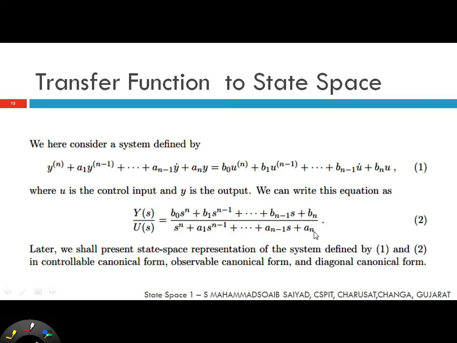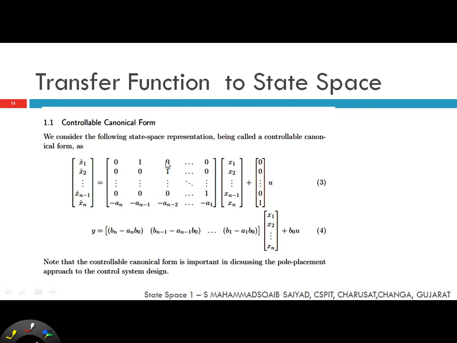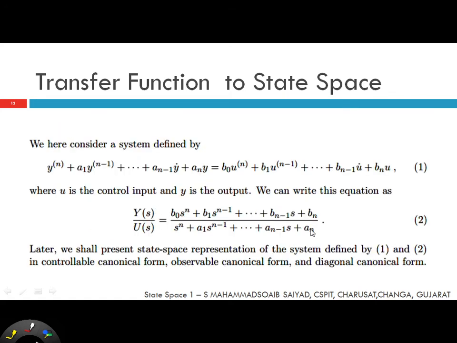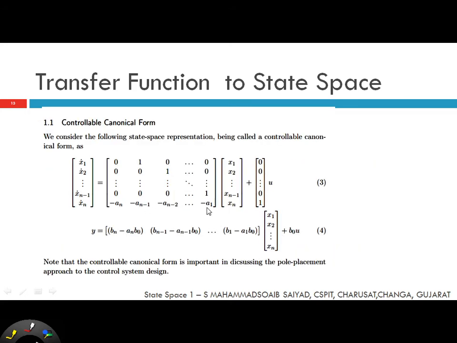Okay, so whatever you are getting in the determinant, you have to put it over here. Determine coefficient, you have to put over here. Okay, and then this one, x1 x2, and this B matrix will have only one quantity, that is the last one is a 1. And the Y quantity will be Bn minus En into B0, and D is multiplied with your D matrix, which is nothing but B0. So if your form is like this, you can say it is a controllable canonical form. You have to follow this pattern and this equation.